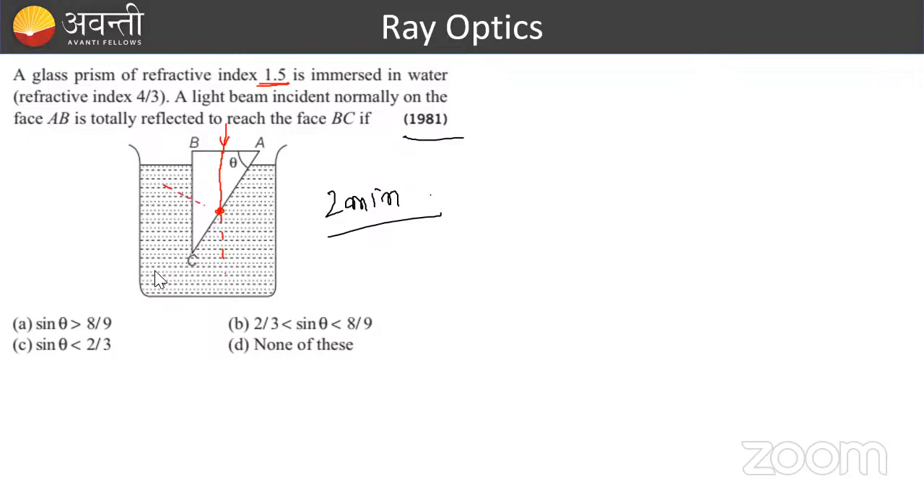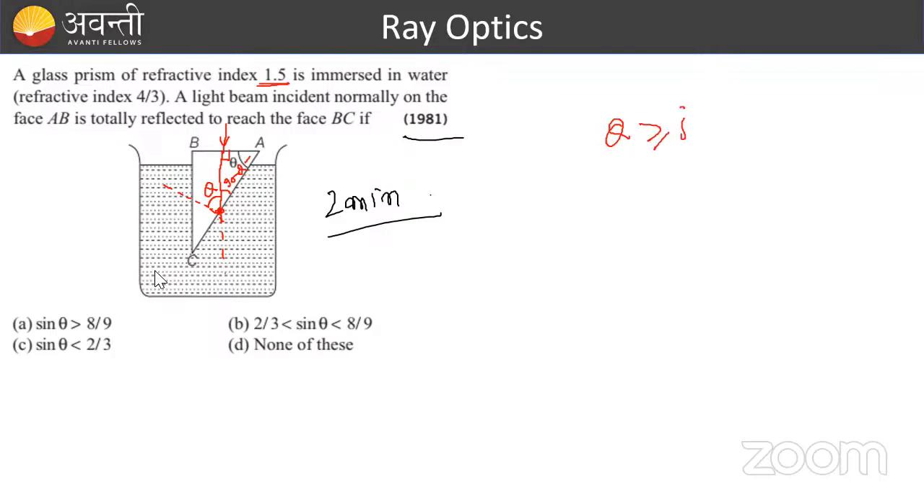So, let's draw a normal on face AC. This light is incident at an angle like this. If this is theta, this is 90, and this will become 90 minus theta. And this whole is 90 degrees, so this will become theta. So angle of incidence is equal to theta. And if light is getting totally internally reflected here, then theta must be greater than or equal to IC,